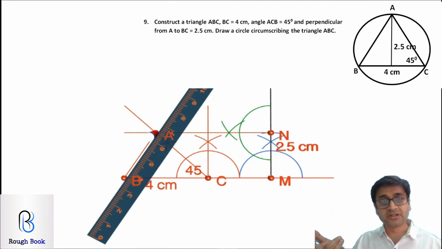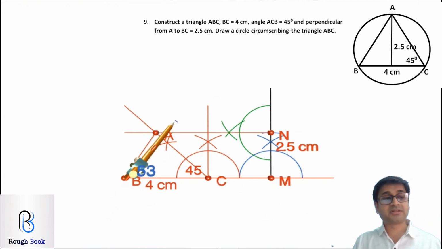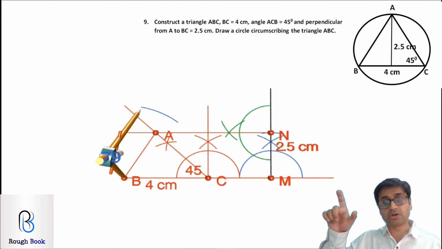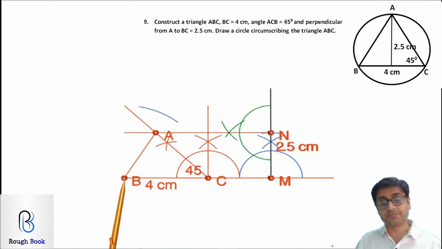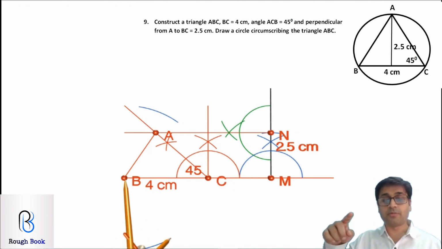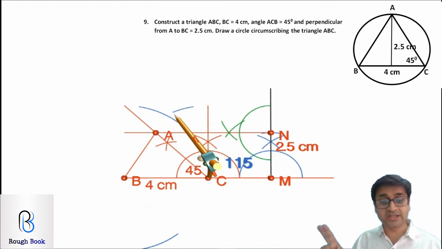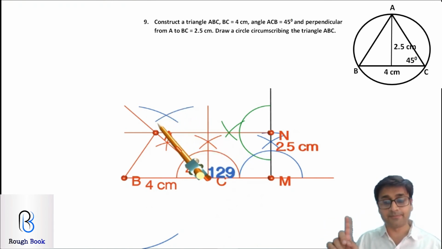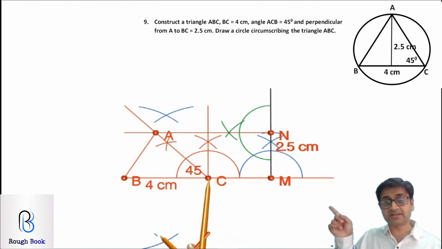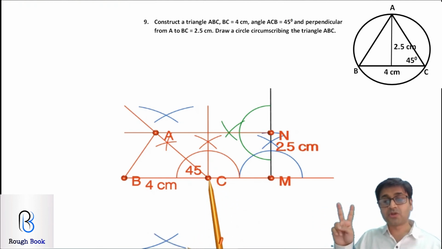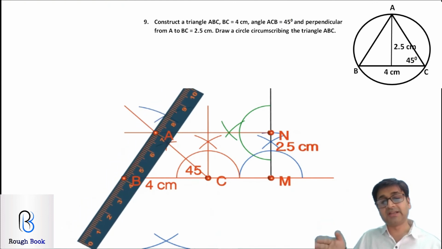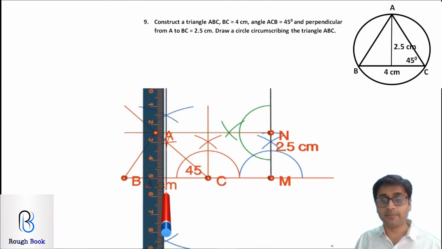How to draw circumcircle? Side bisector. So draw two side bisectors quickly and you get your circumcircle. So let's go about it. First from point B, one arc on top and one arc at the bottom. Then from point C, one arc on top, one arc at the bottom of suitable radius. But once that radius is fixed, don't change the length of the radius, keep it the same. Okay, can you see those arcs? The 2 points of intersection, join both of them, and what we get is the side bisector of BC.